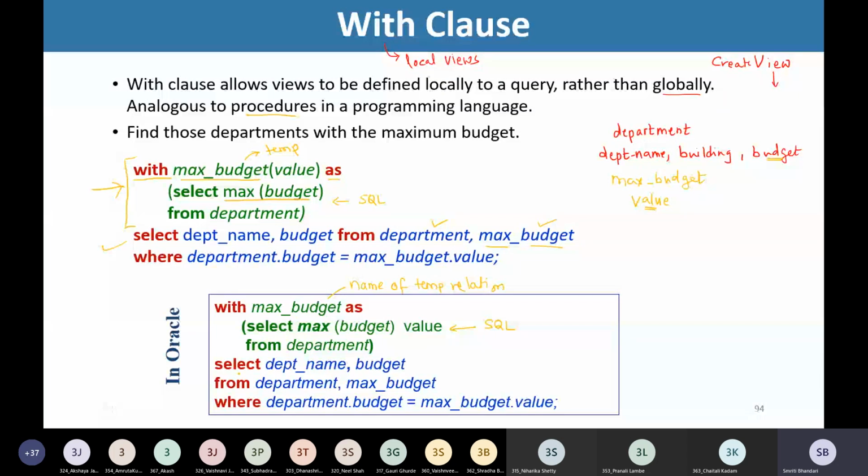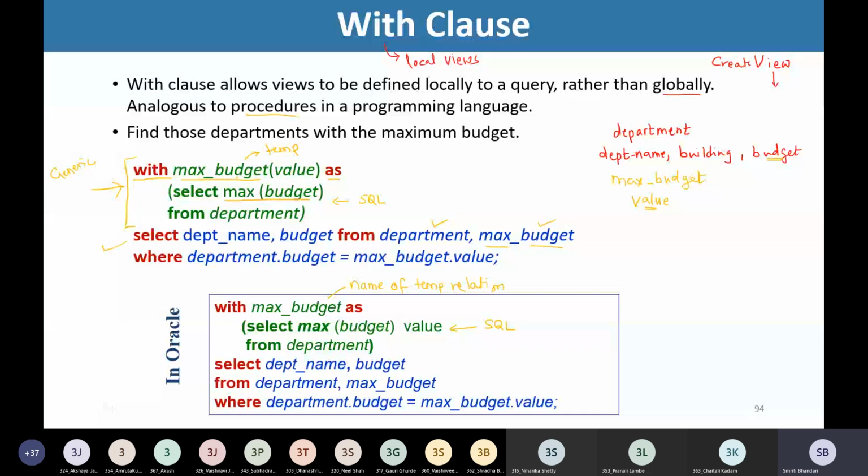So see here how we are writing the statement. Select department name comma budget from department comma maximum budget, that is the relation that we have created, where department dot budget is equal to max budget dot value. Right? So this is how we can write the statement. The difference, this is the generic definition, whereas this is the Oracle syntax.